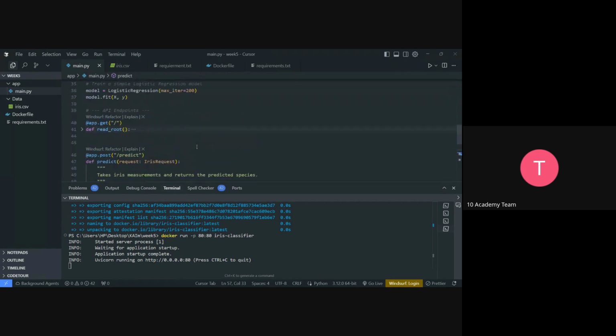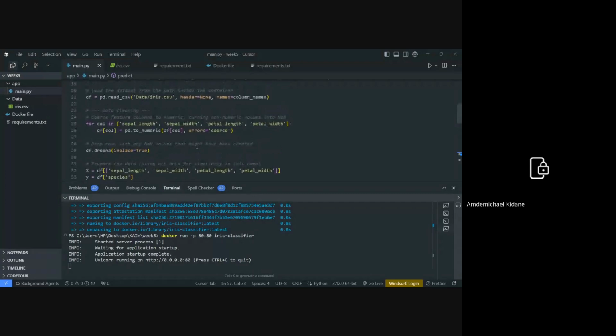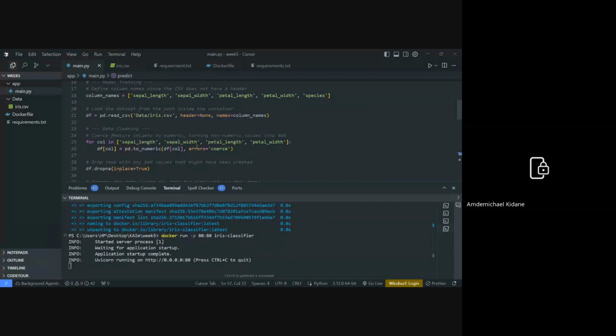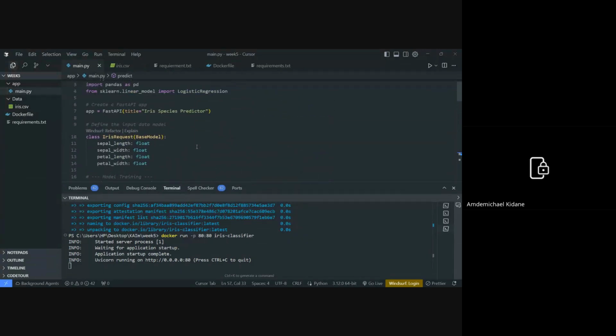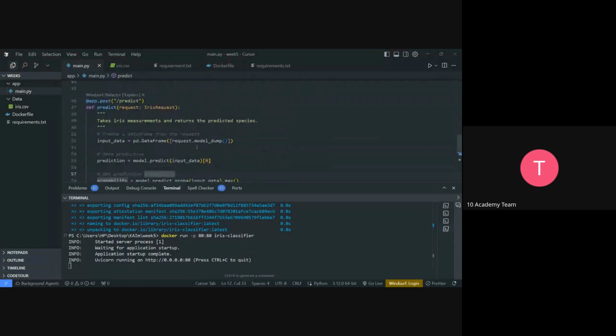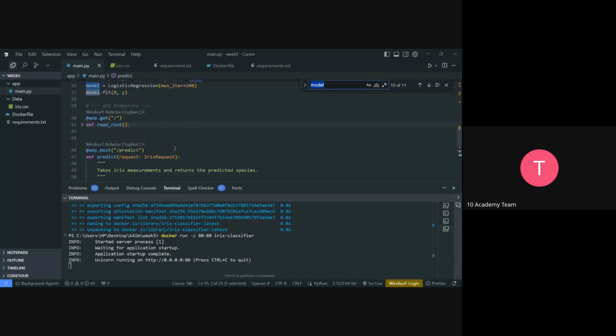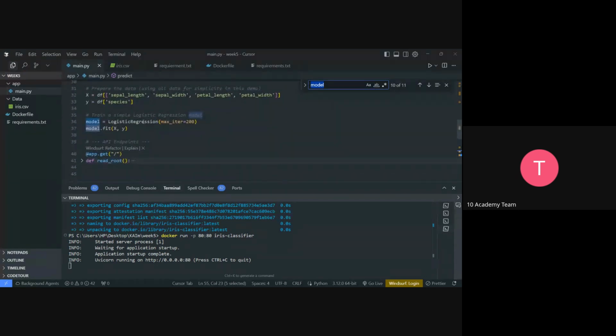Where do we get the actual model for the endpoint? Where do we get one model? So here we're just coding the model. The model is stated to use a logistic regression model here. So directly the logistic regression model. But what I'm trying to indicate is